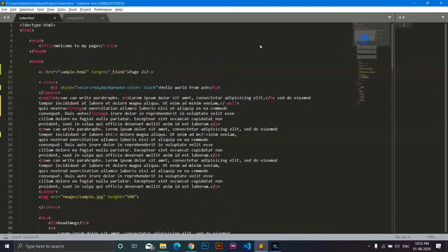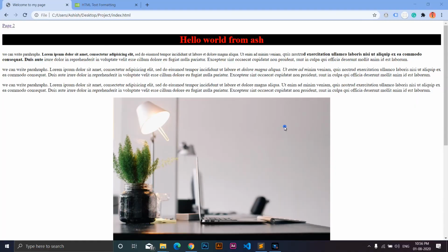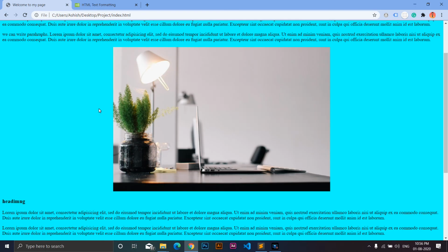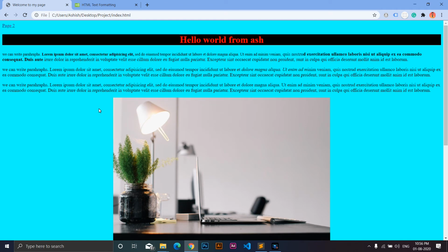So now let me go back to our body tag, and we can add a background color to our website. Let's say cyan, and go back to our site. You can see we have this blue background in our website.